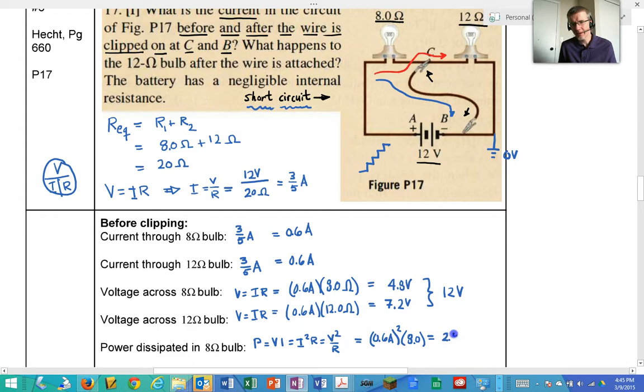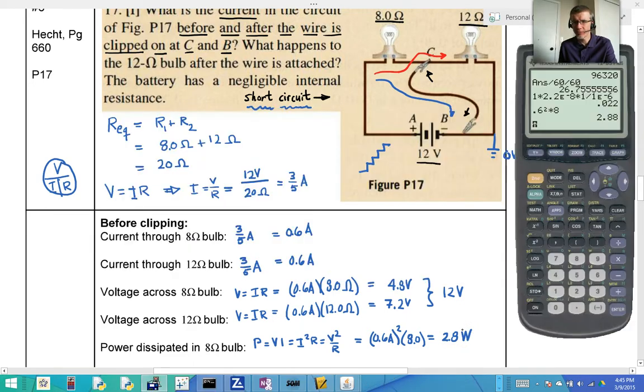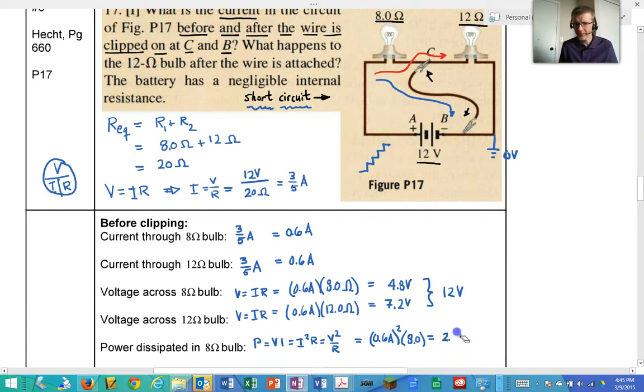Watts. 2.88, let's say 2.9 just to round it to 2 places. 2.9 watts. That's the power dissipated in the 8 ohm resistor, and we would expect